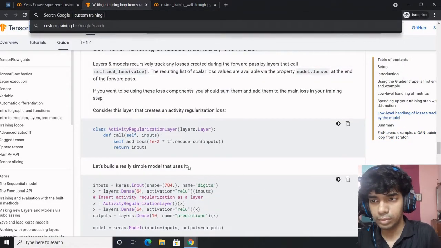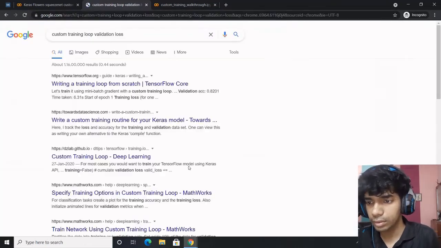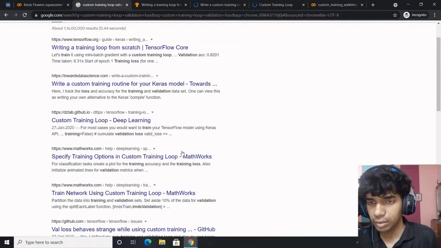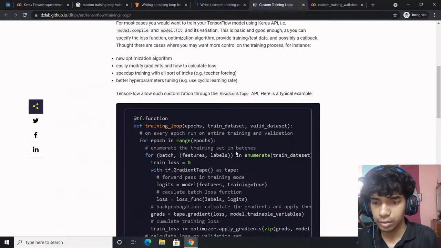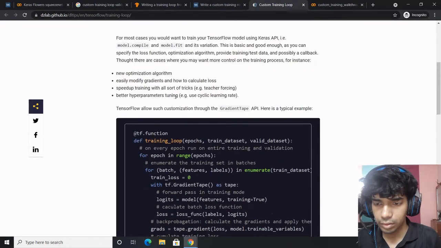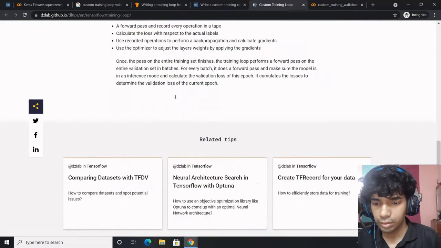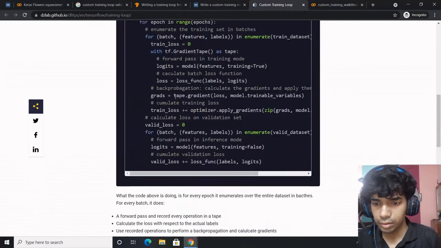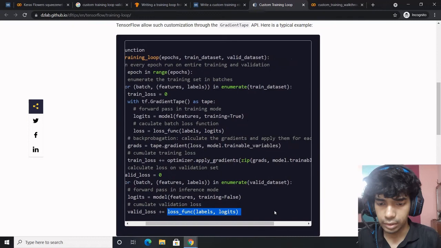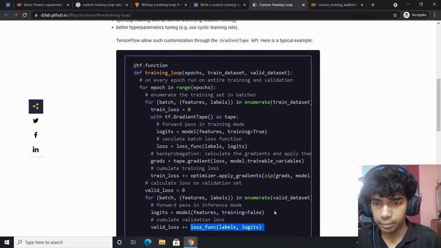Custom training loop, validation loss. I think they are using the same loss function for validation as well, but it was throwing an error at my time.